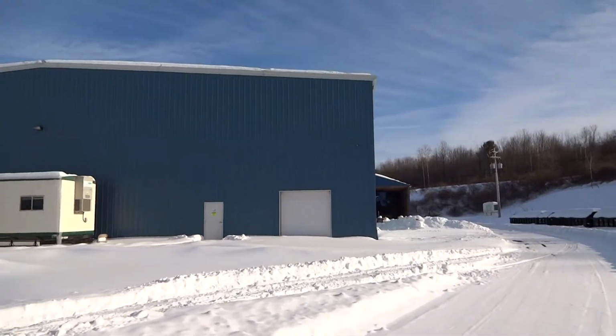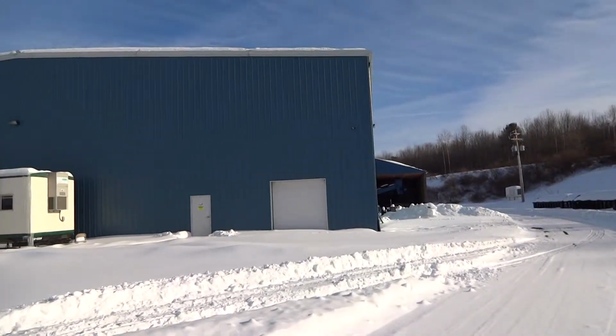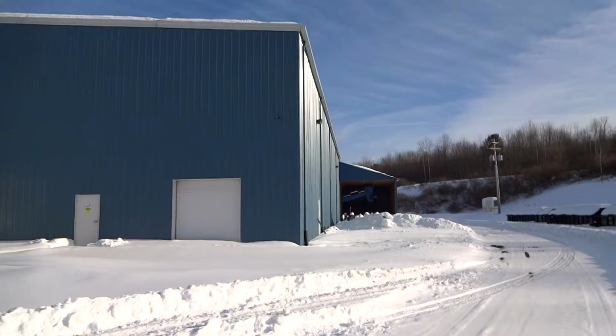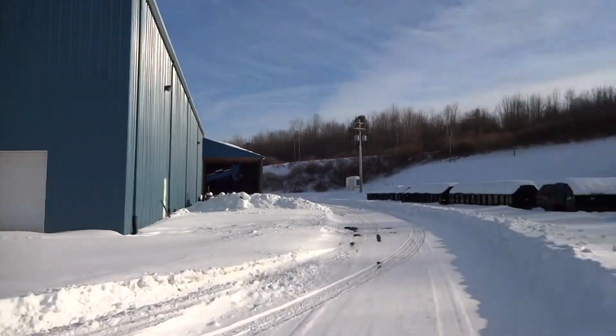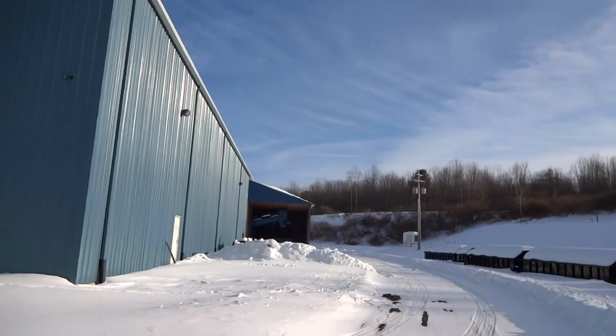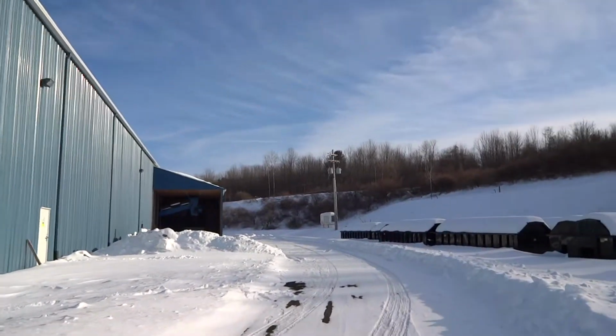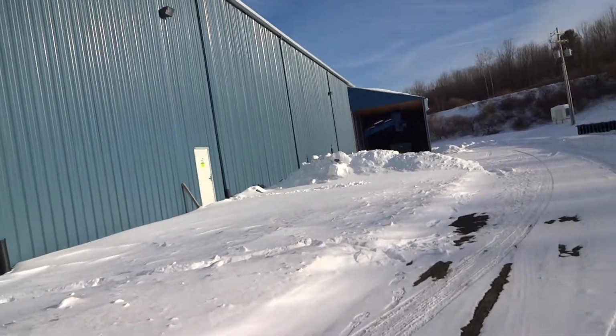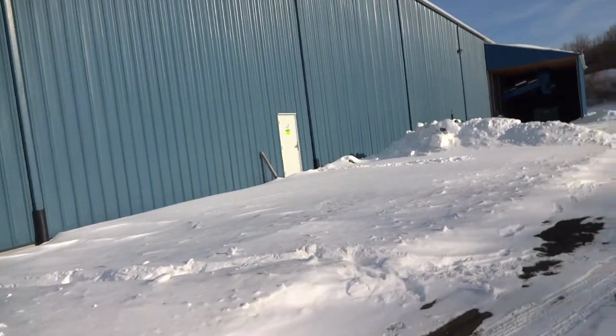There was much concern about this plant and its location here. There are residents located above the hill here, as well as off on this road above and just to the right of the plant. What we have is the back side of the plant here,